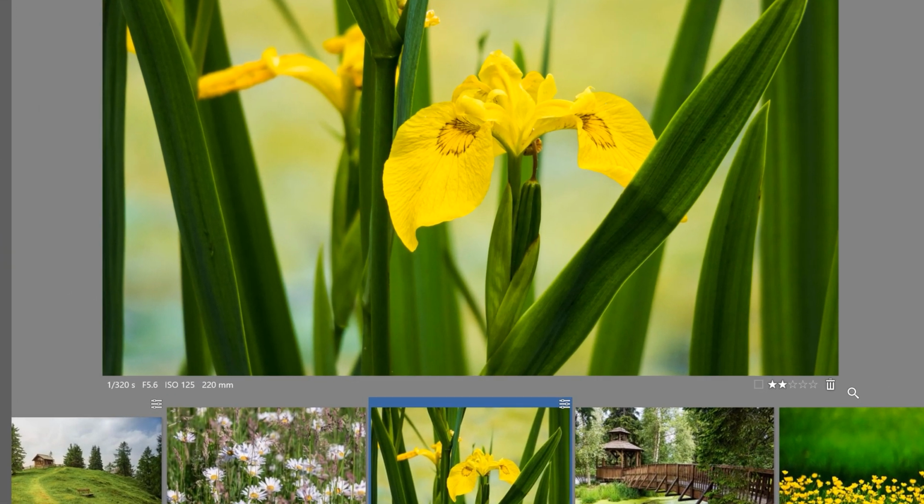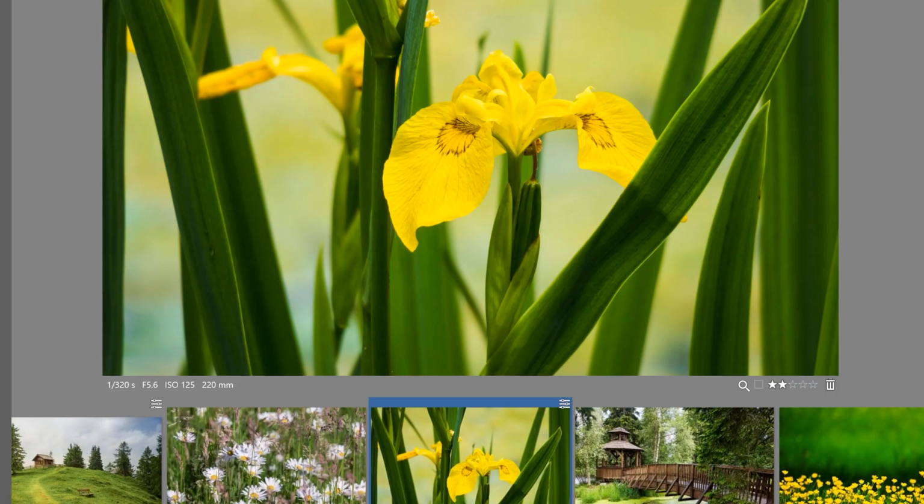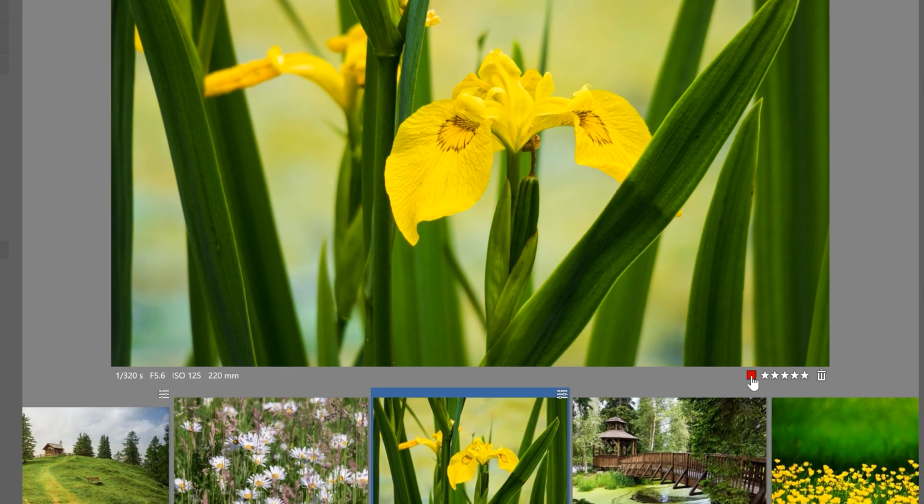We can also add ratings by using stars or by adding a certain color, but again, we don't need to use them. If you do though, we can speed up this process again by using keyboard shortcuts. And in this case, it's going to be the numbers 1, 2, 3, 4, and 5. So those number keys. And similarly, we can assign color labels by using basically the same style of keyboard shortcut, except we're going to be using the key Shift and then using those numbers I mentioned earlier. Or we can do things manually and add the ratings right here in the photo by just clicking the number of stars or choosing the color.